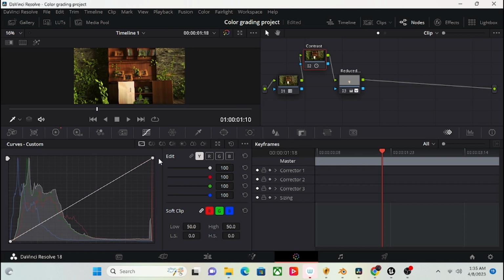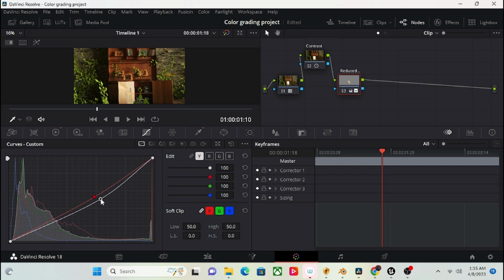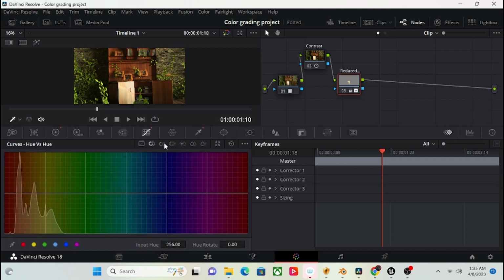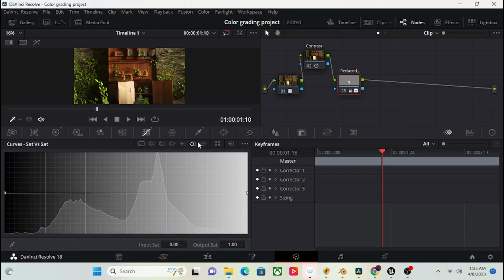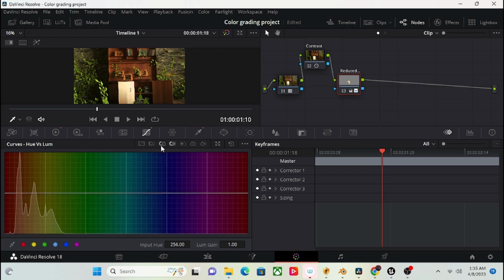Probably just the wrong thing. Probably just lower it down a little bit. So let's go down in the oranges. Lower that down a little bit. Let's go up and